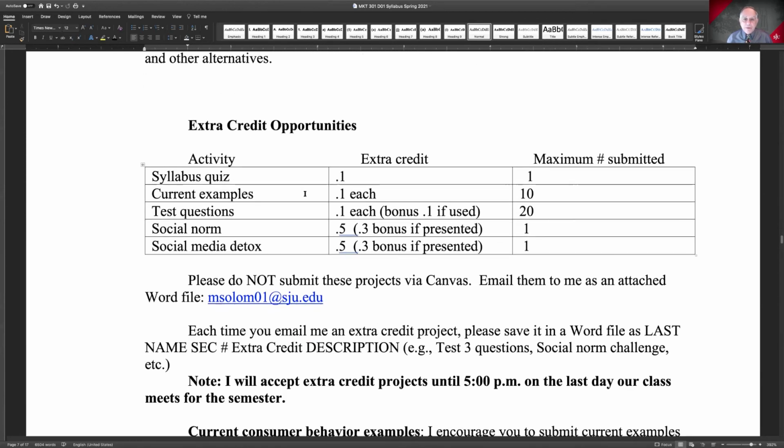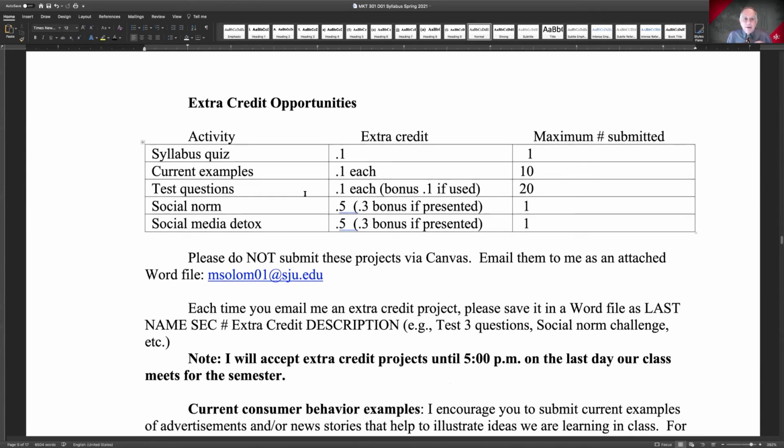Extra credit opportunities. I am the king of extra credit. As the name implies, these are optional. So you can choose to do none of them. You can choose to do all of them. But I've given you lots of different ways to earn extra credit. I can tell you my experience is that extra credit points often make a significant difference in a grade. I can't promise that, but there are often times when a student's average easily bumps up to the next half grade level, at least, if not more, say from a B to a B plus, etc.